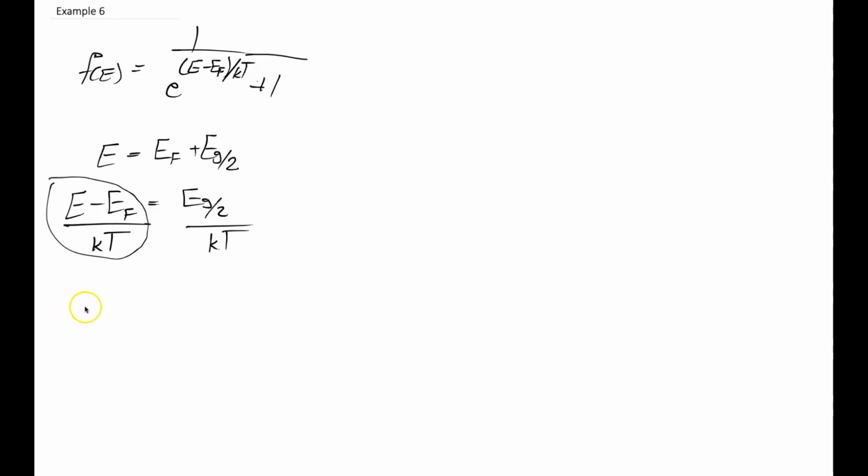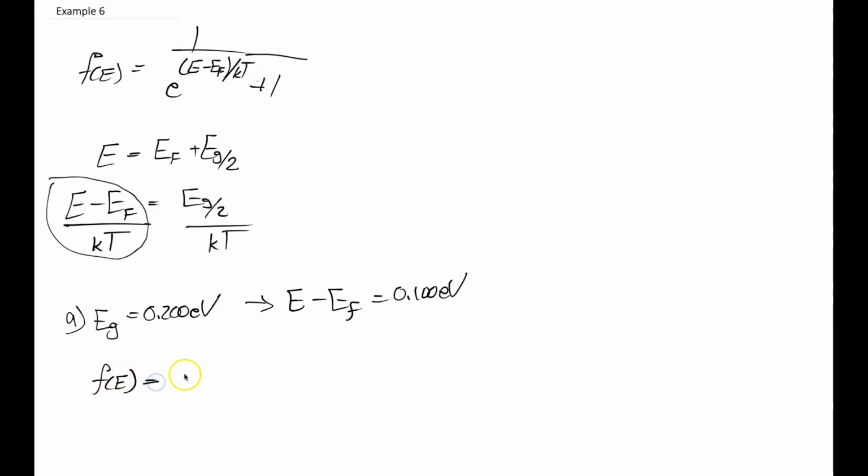And we know that if there's a gap difference for part A, if there's a gap difference of 0.2 electron volts, then this energy difference is going to be half of that, which means that E minus E sub F is going to be 0.1 electron volt, which means if we take the